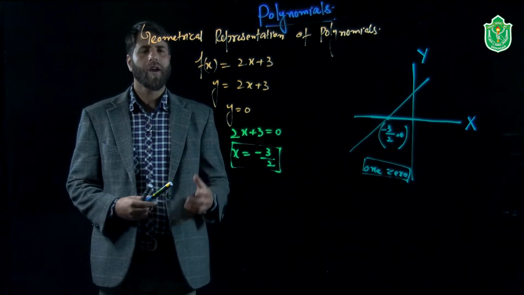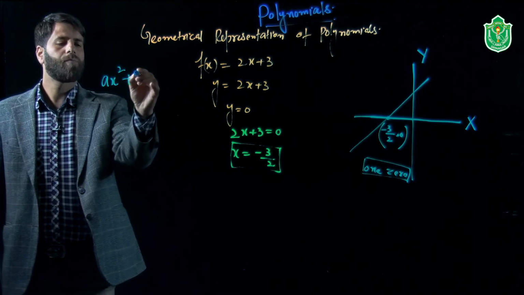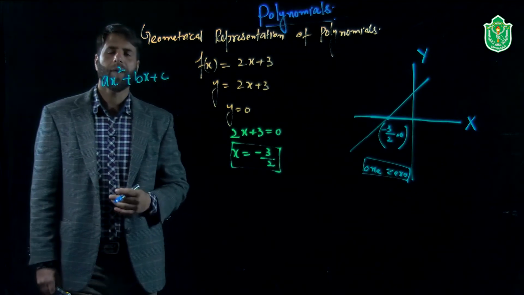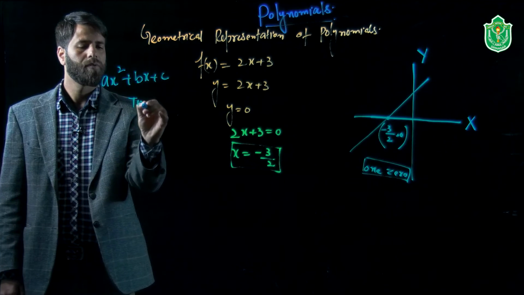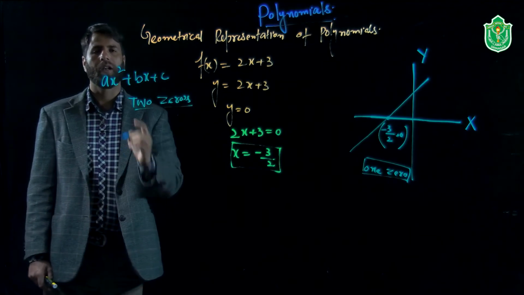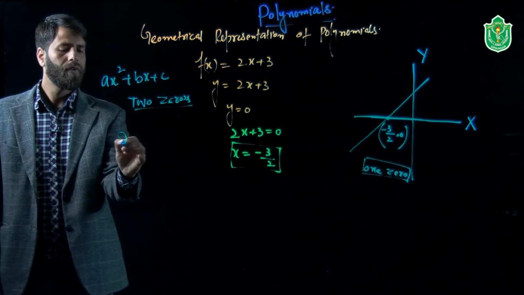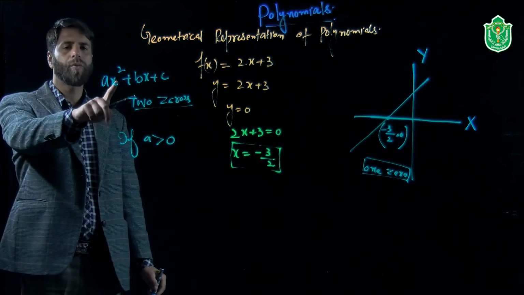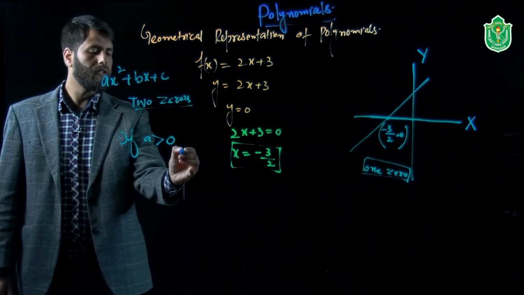Now consider a quadratic polynomial. A quadratic polynomial is like this: ax square plus bx plus c. If we draw the graph of this quadratic polynomial, we know that the quadratic polynomial has two zeros, because the degree of the quadratic polynomial is 2. It depends upon the sign of a. If the coefficient of x square is positive, that is a greater than 0, you get a curve like this,